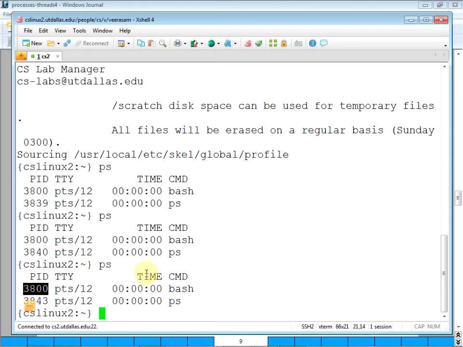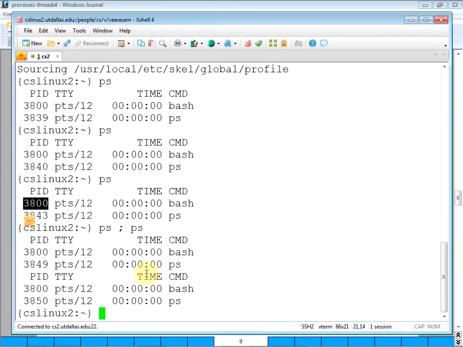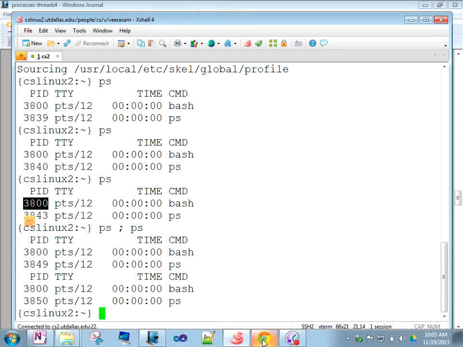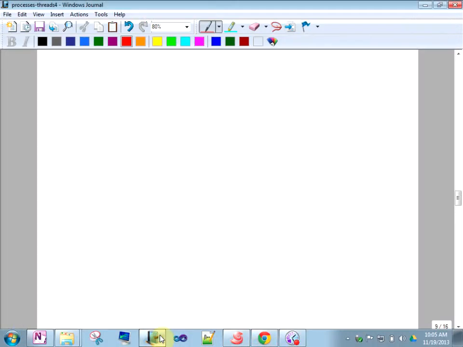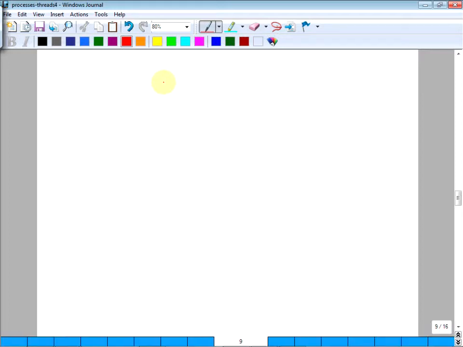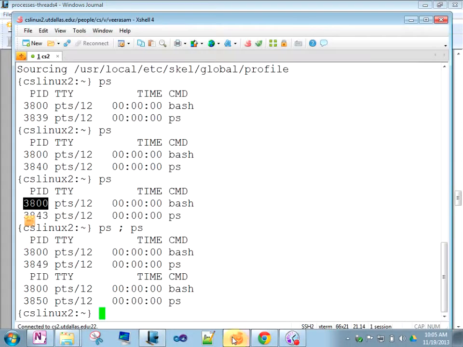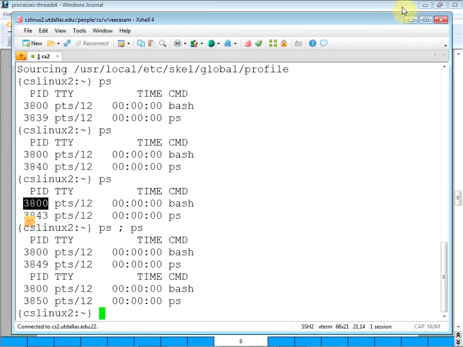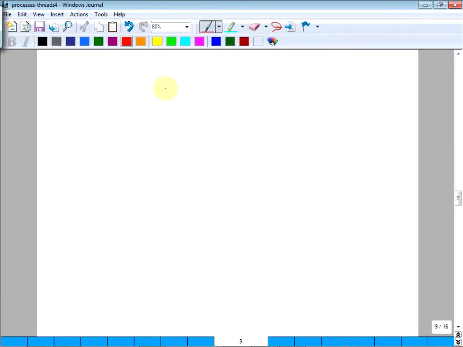So what's the underlying process? For example, if I give two commands, that's just a series of two commands really. So in this case, you have a bash, and we want to see how the shell processes a command.